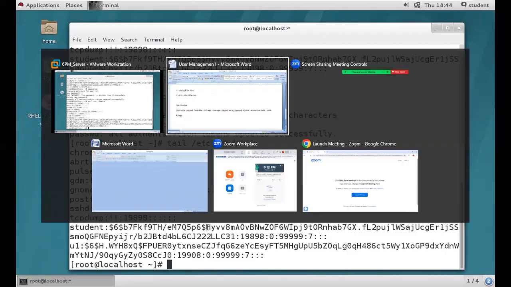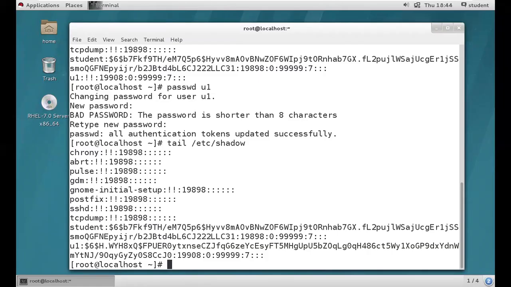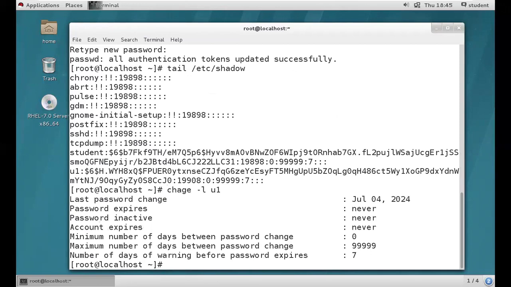Yes, no? Right. So now we have a command called chage -l U1. You are going to get the detailed information about U1, means password aging information. Got it, guys? Password age information related to the U1 user.